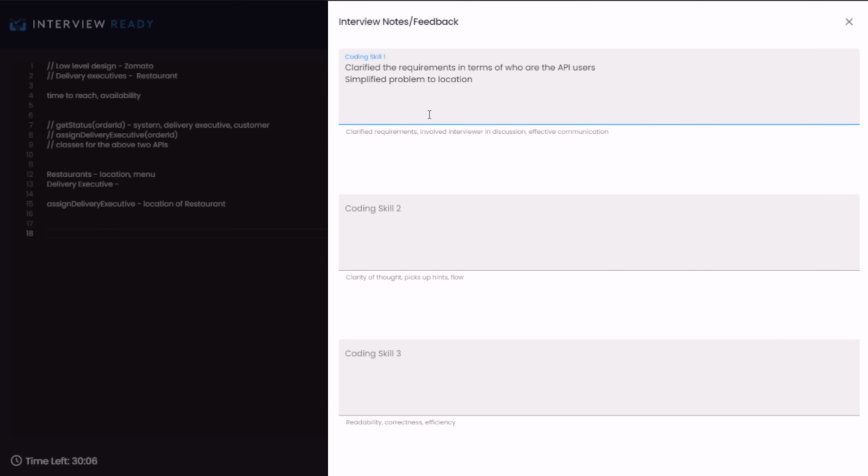So now when I send the location of the restaurant to this API, I can make a list of the available delivery executives. When I get this list, firstly it will be sorted by distance, the nearest one first, and obviously the person should be available. So these two should be the criteria.